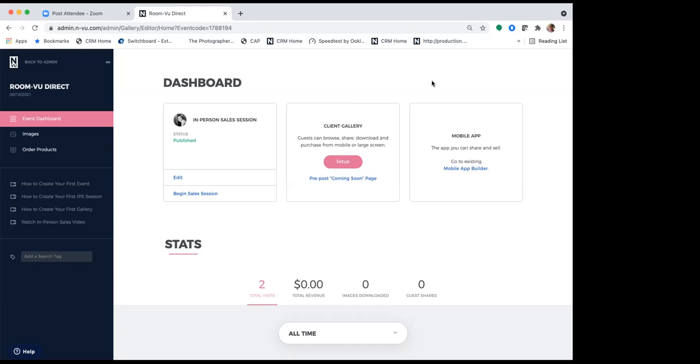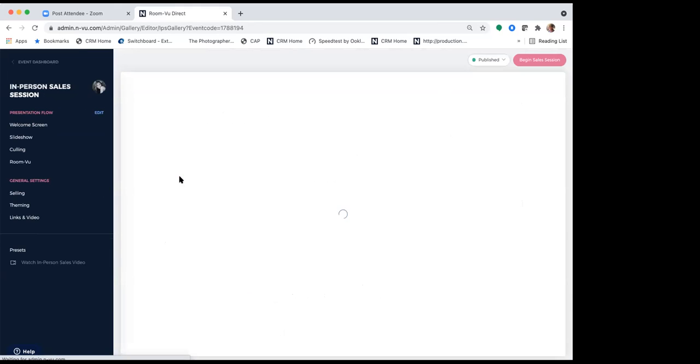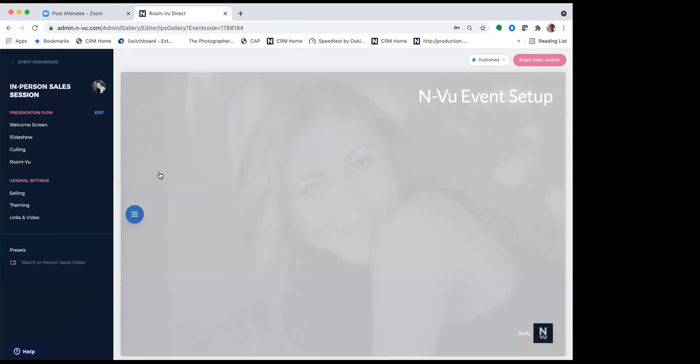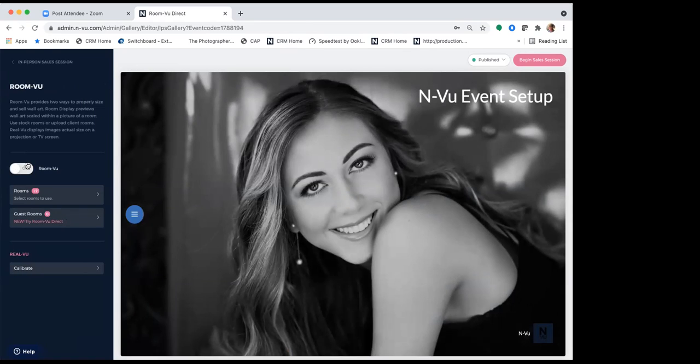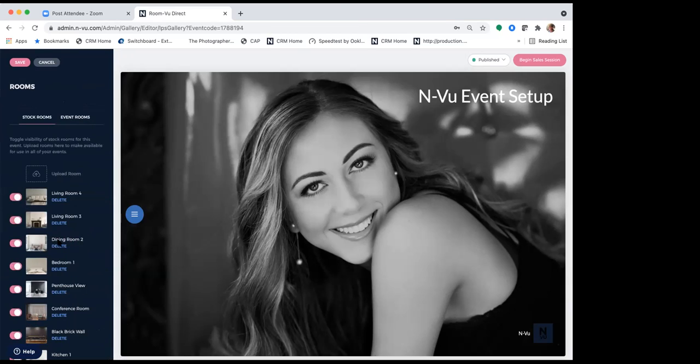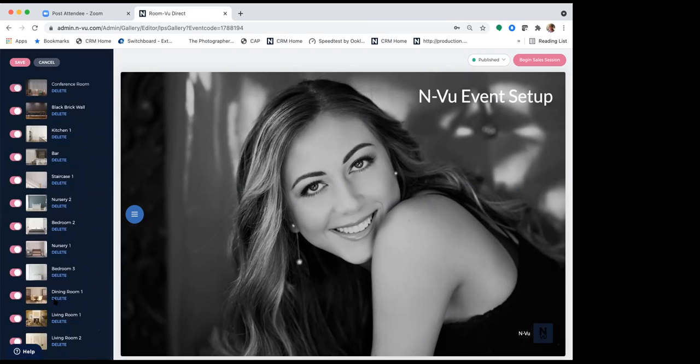Okay, so within your event dashboard, you would have created your first IPS session. You want to go ahead and edit this, or if you are creating it as you go, you have that option right here. In the in-person sales session, or the client gallery, and I'll show you that in a moment, you will see a feature called Room View. You want to make sure that that is toggled on right here. When you toggle that on, you have access to see the rooms that InView has already provided as samples,